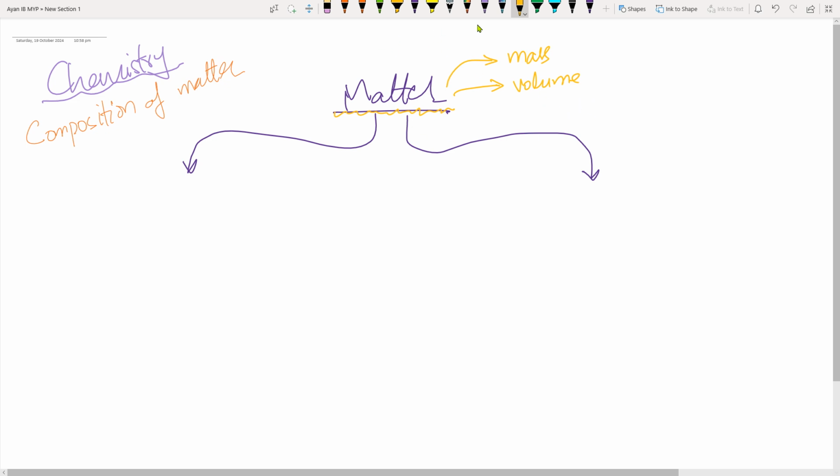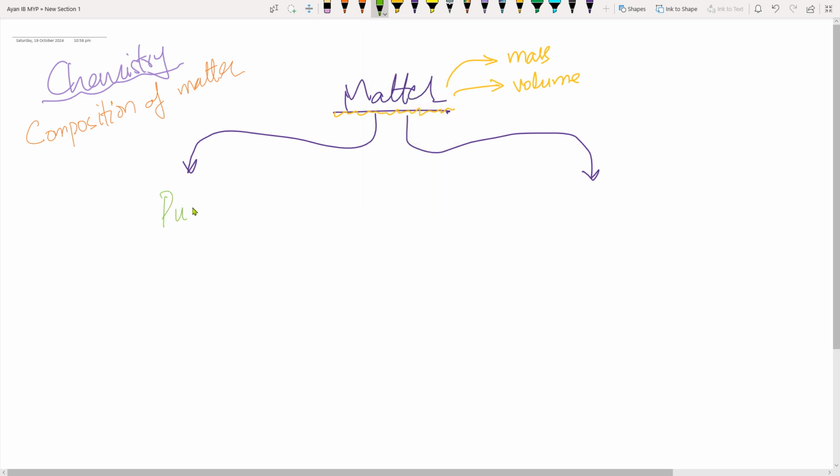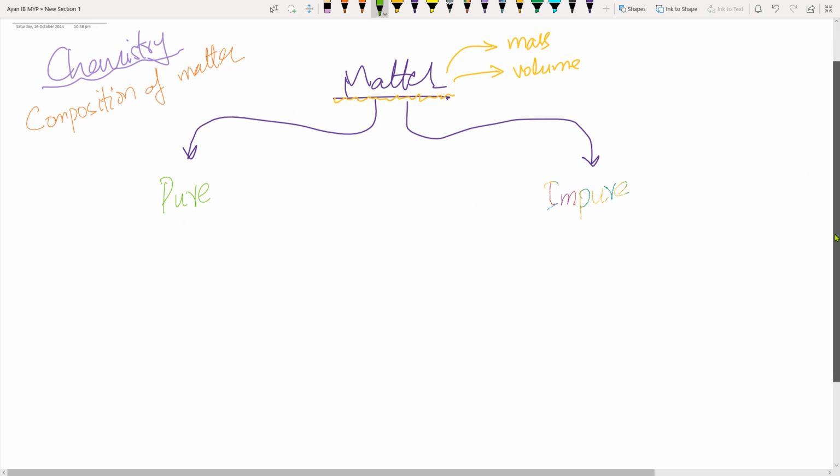Now I'm going to divide this matter into two different fragments. One is going to be pure. Let me just make it a little bit bolder, so that should cut it. So this is the pure. And the other one is going to be impure. And you'll understand why I'm using this color. Now pure matter is going to be